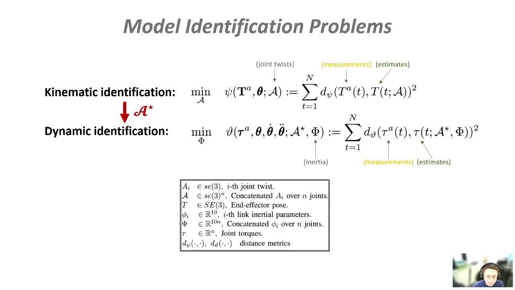Similarly, the dynamic model identification is to find the optimal mass inertia parameter denoted by phi here that minimizes the joint torque errors. However, the dynamics depends on not only the inertia parameter, but also the kinematic parameters, and we need to know the kinematic parameters before the dynamic model identification. Thus, in traditional frameworks, the kinematic identification is executed first, and then the dynamic identification is executed next, using that pre-identified kinematic parameter. If the kinematic parameters are not accurate enough, then the dynamic identification cannot be accurate as well, even when there's no measurement noise for joint torque.